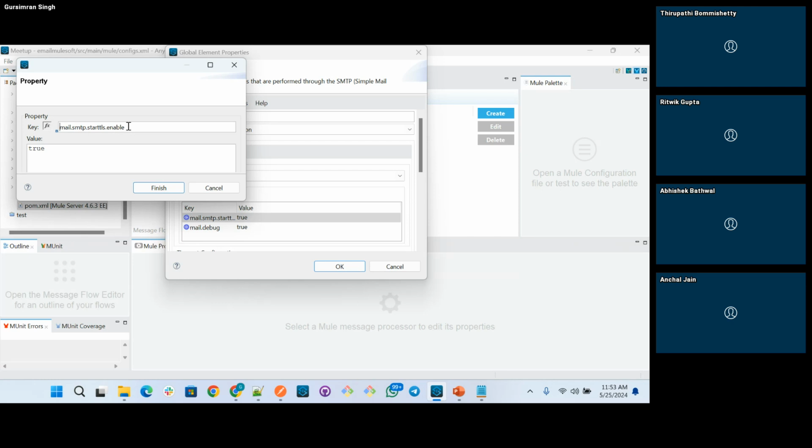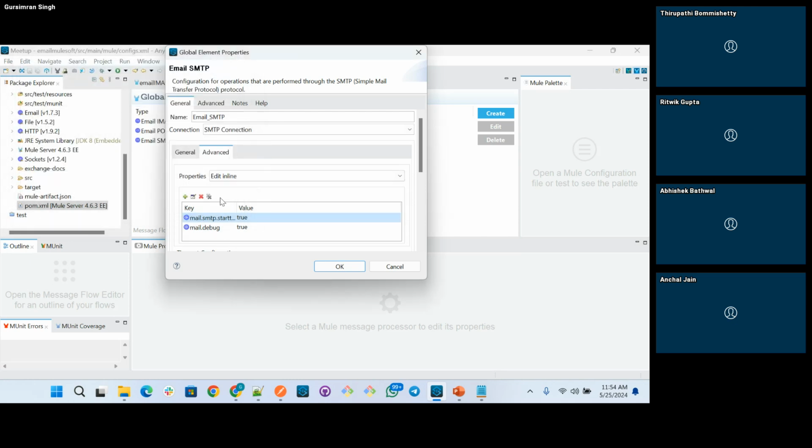So this is the easiest approach which we can do. Otherwise, there's a long process which you can do, but this is the easiest process to make our code work with SMTP. By enabling this, the server will know that this is a secure connection and will not throw an error. One more important point.